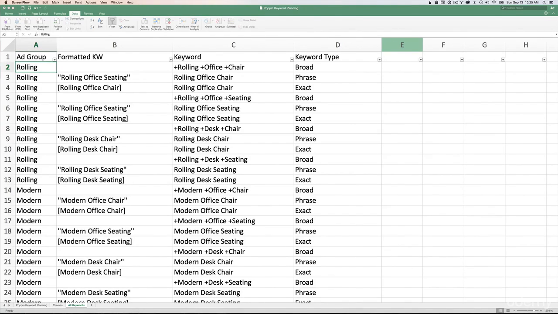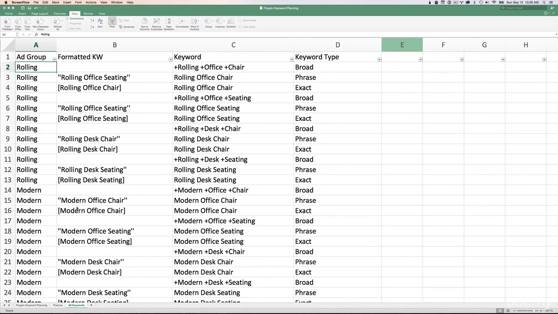This chapter covers adding new ad groups and developing our campaign into something representative of a highly professional and highly targeted account. We left off last chapter with the keyword lists we created, and we spoke about the idea of thematically related keywords. Now that we've created our themes and our lists based on our overall product identifiers such as rolling, modern, colorful, and so on, we want to get these keywords